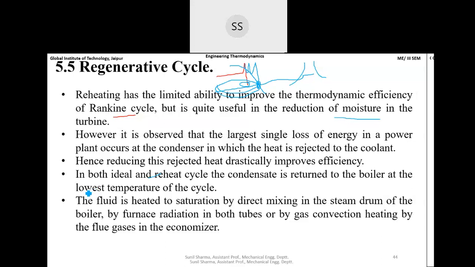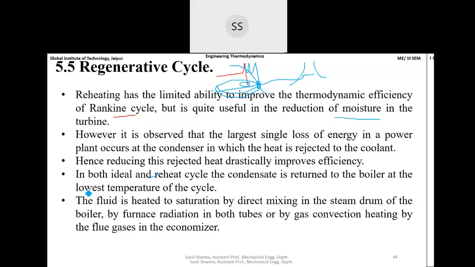First thing, we are improving the efficiency of the heat exchanger, कि हम यहाँ पर बेटर हीट रिजेक्शन हो सके, और हम ये बोल रहे हैं कि हीट रिजेक्शन को अगर हम रिड्यूस कर दें तो कैसे ये करेंगे और कैसे हम इसको प्रॉपरली कर सकते हैं कि ये थर्मोडायनेमिक्स के लॉज को डिसओबे भी ना करे. So in both the ideal and reheat cycle, the condensate is returned to the boiler at the lowest temperature of the cycle. तो अगर हम both ideal और reheat रैंकिन साइकिल की बात करें, तो जो कंडेंसेट है उसको हम वापस से बॉयलर में भेज रहे हैं at the lowest temperature of the cycle. ऐसा कर रहे हैं हम.